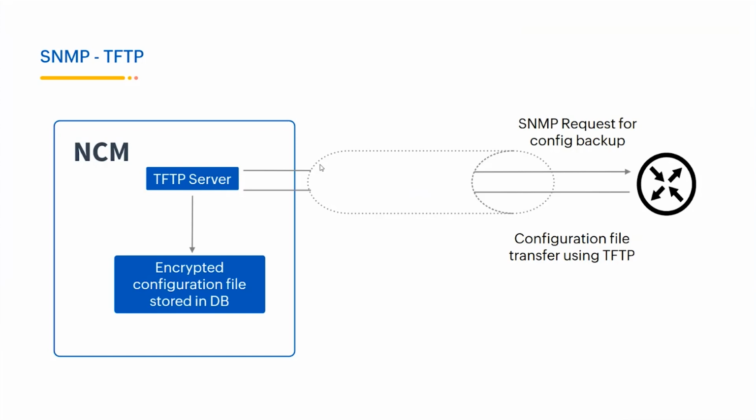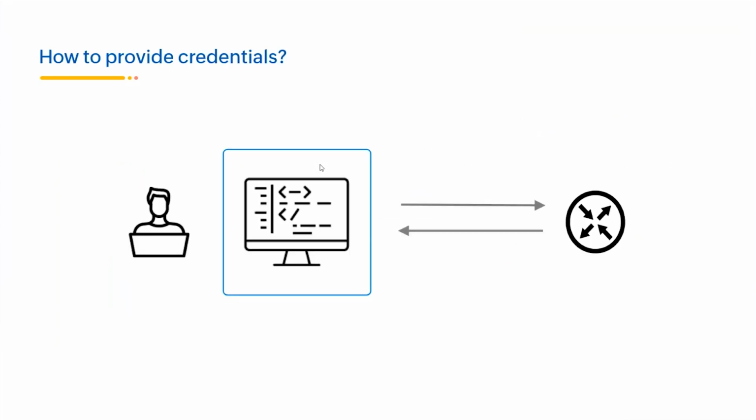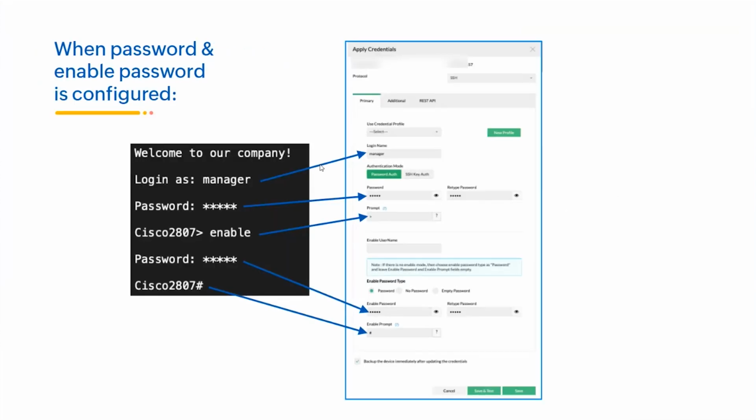Now let's go over how you can provide credentials in the Network Configuration Manager. So first, let's take a look at the scenario where both a password and an enable password need to be configured. On the left side, you have the Telnet interface, and on the right side is the Apply Credential screen